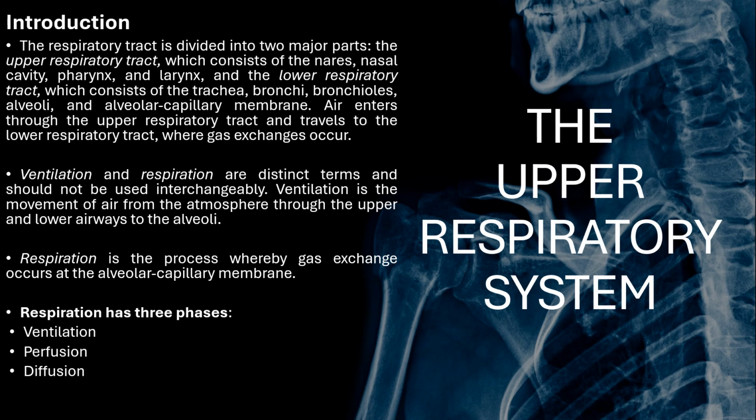The upper respiratory system, physiology of the upper respiratory tract. The upper respiratory tract consists of the nose, nasal cavity, the pharynx, the paranasal sinuses. These passageways warm, humidify, and clean the air before it enters the lungs. This process is sometimes referred to as the air conditioning function of the respiratory system.